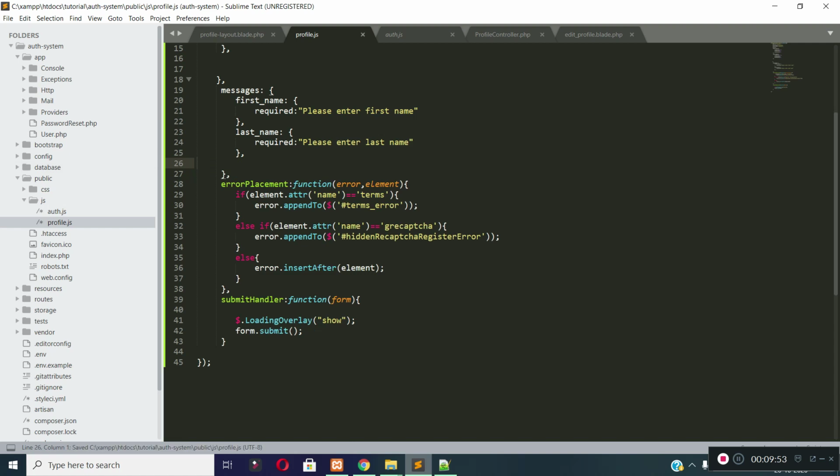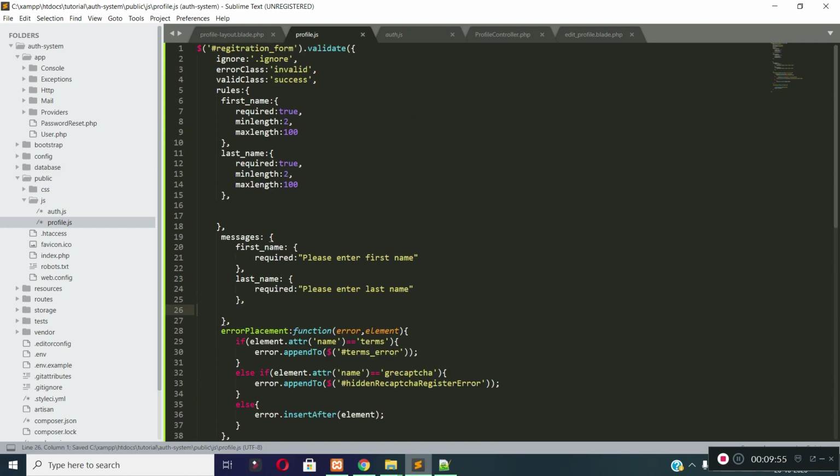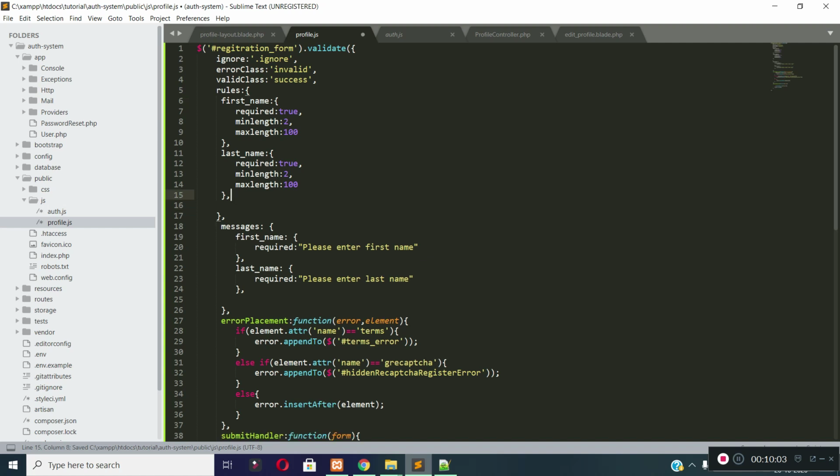In your case, there may be contact number and gender or city, country, those kinds of stuff in your edit profile form as per your project requirement, but for demonstration I am only adding first name and last name in our edit profile form.